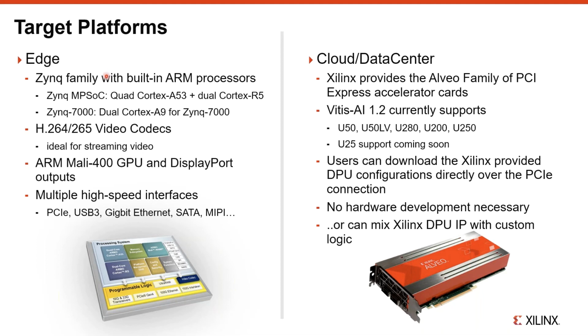And some of the devices, the EV devices, also include video codecs. That can often be extremely useful in machine learning, especially if you're streaming video in and out, and you can compress it and decompress it on chip. That becomes extremely important. They do include a GPU and a DisplayPort output for perhaps outputting the results of your